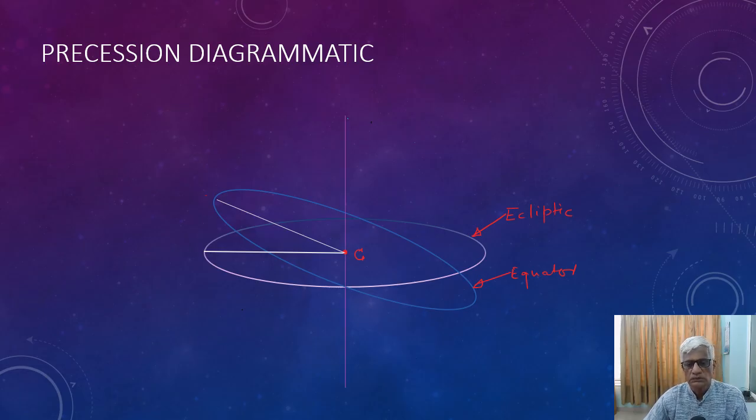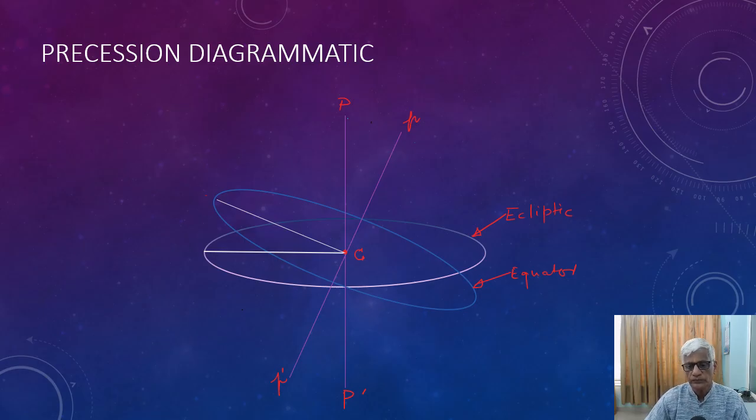Now, the line drawn through C at the center of this ecliptic, we have already seen that is the axis of the ecliptic. The axis of the earth is inclined approximately 24 degrees to it. And the poles point to a fixed star in the heavens, P and P dash for the ecliptic, and small p and small p dash for the equator.